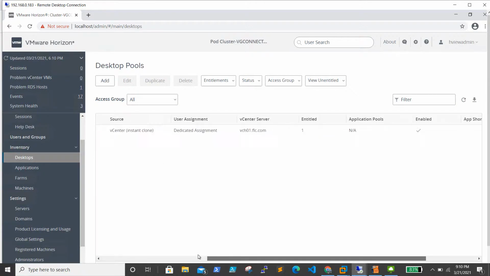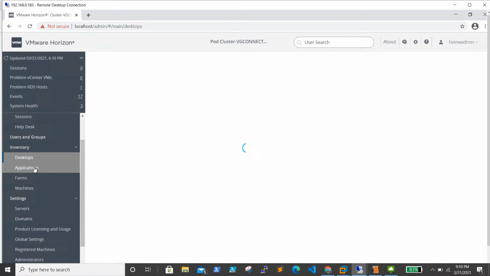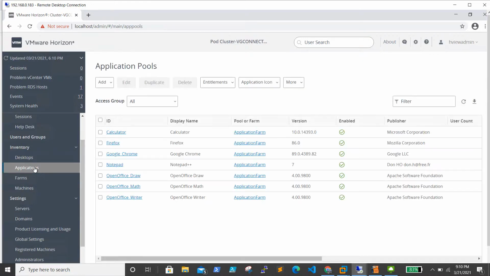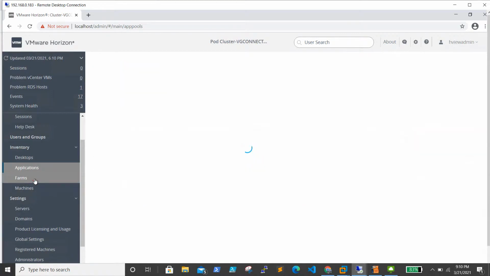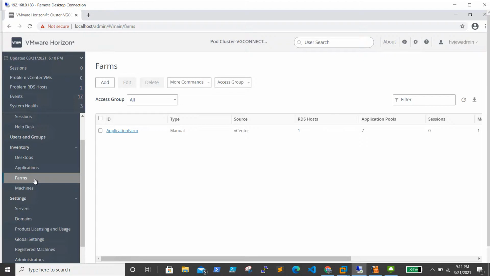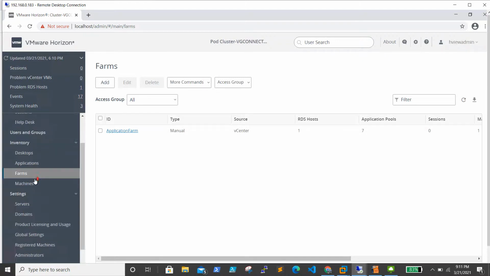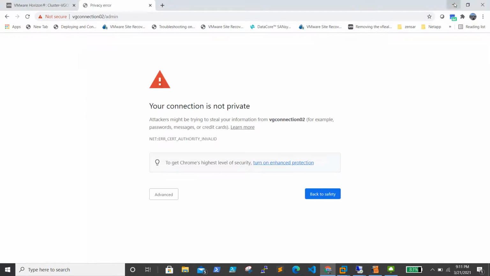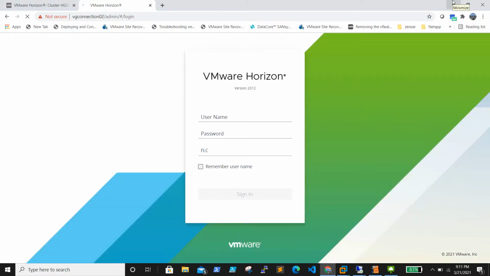We're able to see that it's enabled, and our application pool, whatever applications we installed, everything is visible here. And if you go to farms, we are able to see the farm which we built for the application, that is also there. So everything looks good here. We'll just try to see the same thing. We are able to access it from outside the server, which is also a good sign. Though it is a little bit slow because of the resource crunch,